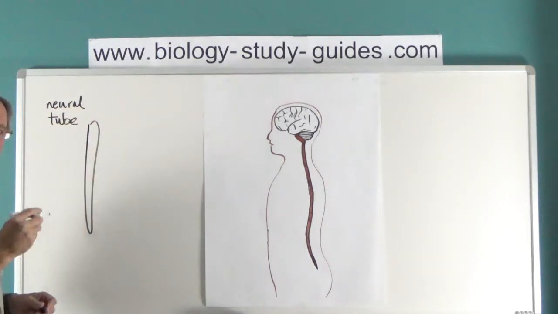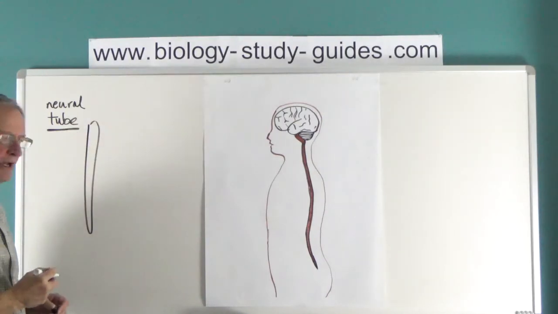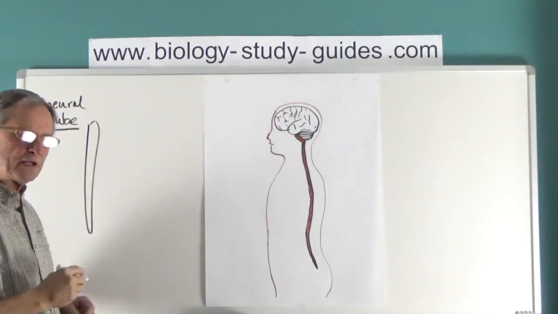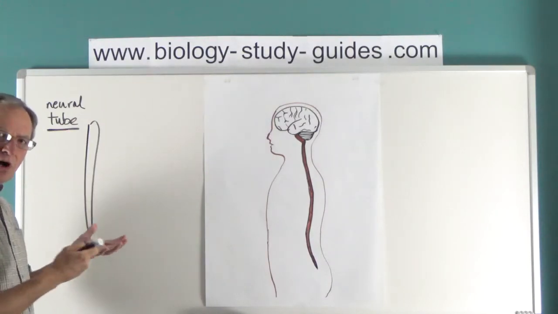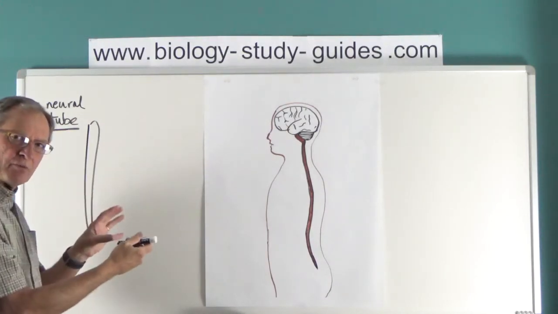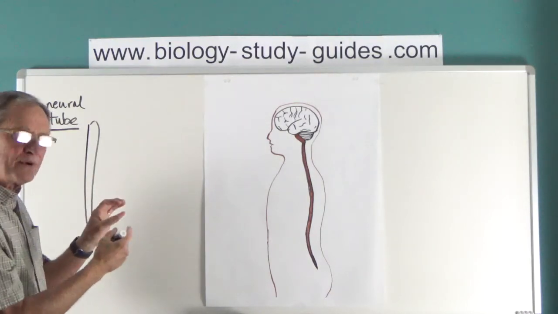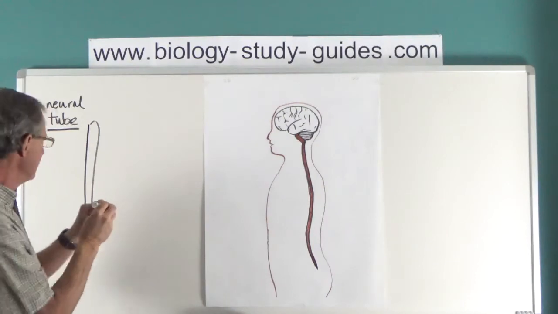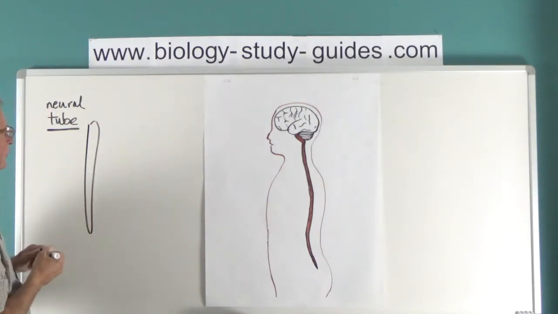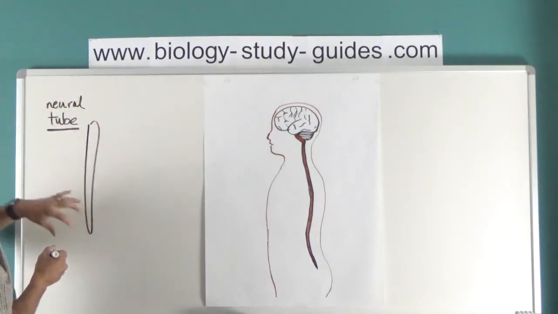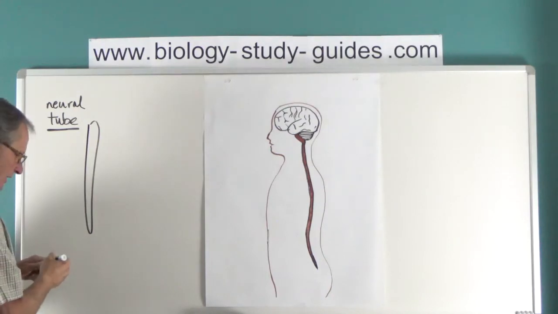The reason I want to mention that right at the outset is because it is hollow, and we often forget the hollow nature of it. And in an upcoming video, when we deal with the reflex arc, I'll have a diagram which shows us the narrow opening, I suppose we have to call it, the lumen, which is the middle of the hollow tube here. So in an embryo, the neural tube starts out just as a tube,